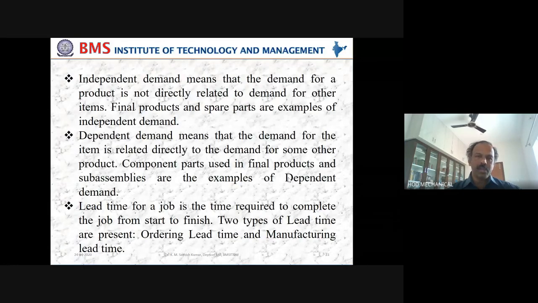But in the case of dependent demand, the demand for the item is related directly to the demand for some other product. Understand carefully. If you are manufacturing an automobile, the demand for the subcomponents of the automobile all comes under the dependent demand. That means in an automobile there are many subparts, right from the chassis assembly to the tires, the piston, the gears,